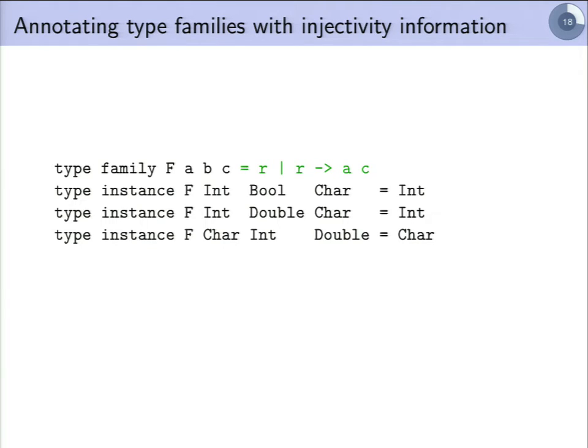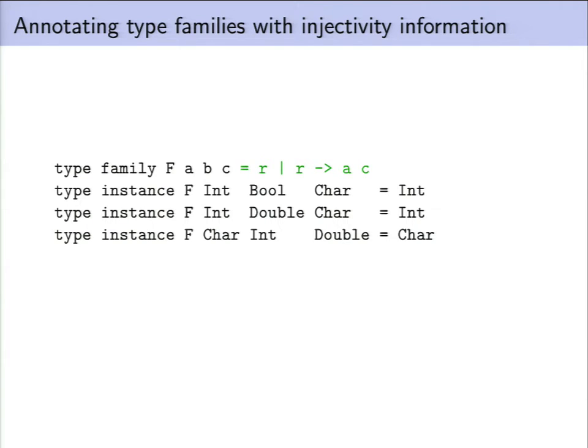And then we write down the equations, right? And you can see here, for example, that equations 1 and 2 have identical right-hand sides, but nevertheless, first and third argument are still identical for both equations, thus they are uniquely determined by the right-hand side. And if we give such definition to GHC, GHC will accept it, and information about injectivity will be used during